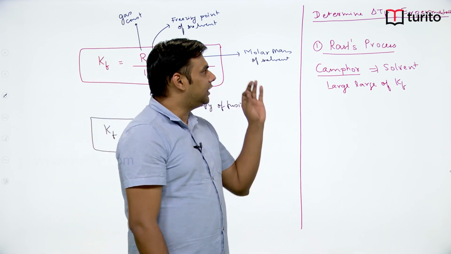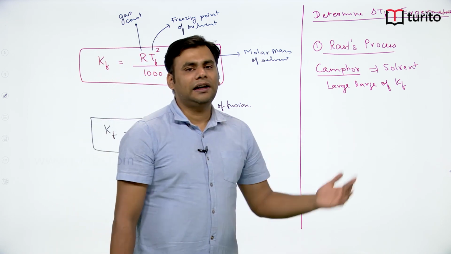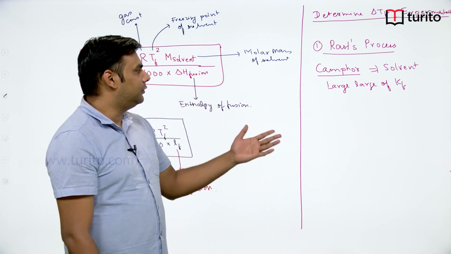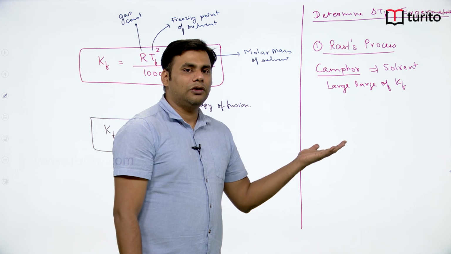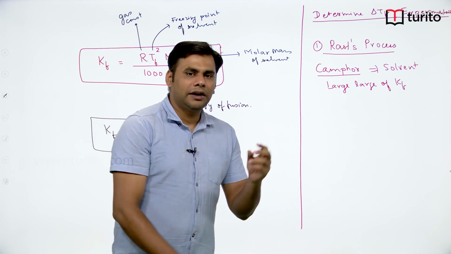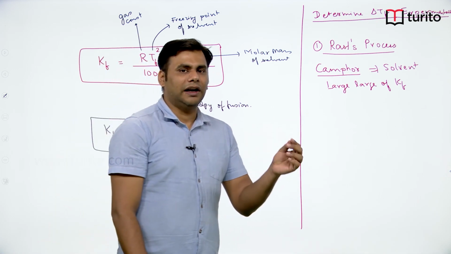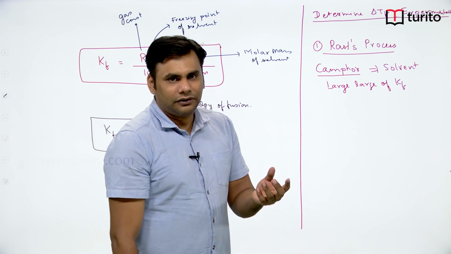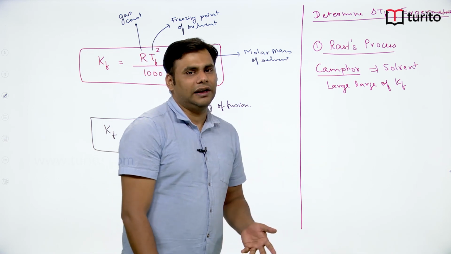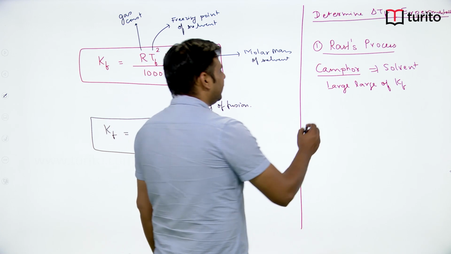But this method is basically used to determine delta Tf experimentally, because if the solution is very dilute, the value of Kf is very large, so when you multiply them, we still get a number which is higher, which can be easily recorded in the lab. The second is your